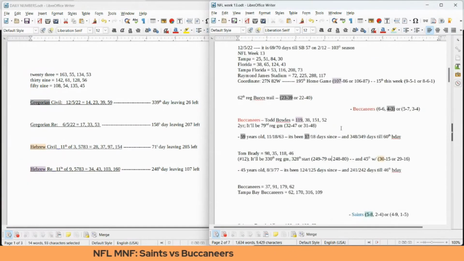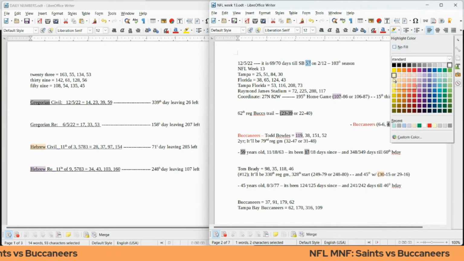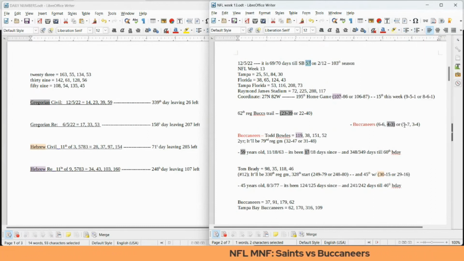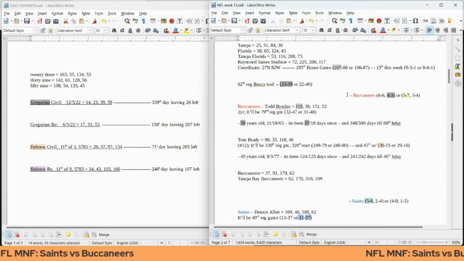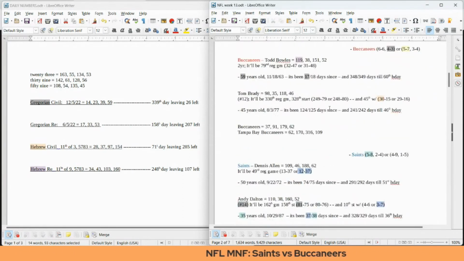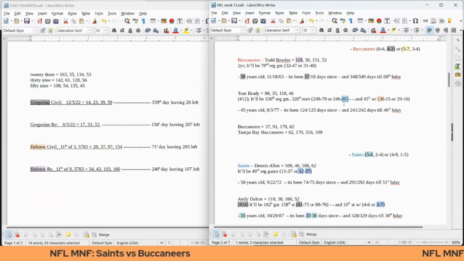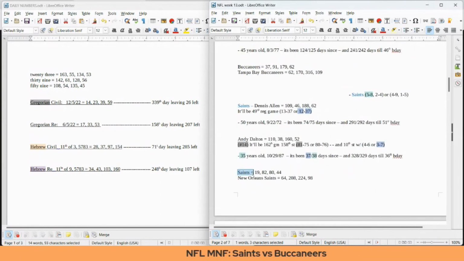Let's see. This is a season that ends with Super Bowl 57. Could be a reason why Buccaneers become 5-7, like 57, for a season record with a loss. If Tom Brady does get his 80th loss for his regular season career, it could be because he's playing against the Saints. If you write out the Saints, it sums to 80.